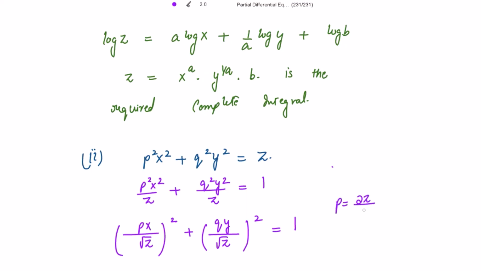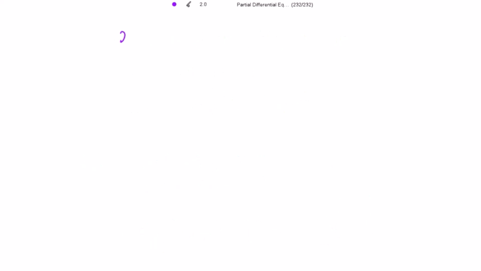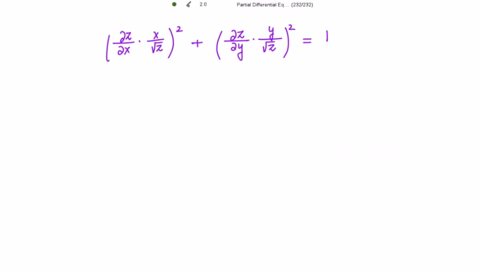Next, what is p? It is partial derivative of z with respect to x. What is q? It is partial derivative of z with respect to y. Let's use this. So partial derivative of z with respect to x, and here x divided by root z whole square, plus partial derivative of z with respect to y, and here y divided by square root z whole square equal to 1. Now here also again we need to take u to be equal to log of x, v to be equal to log of y,